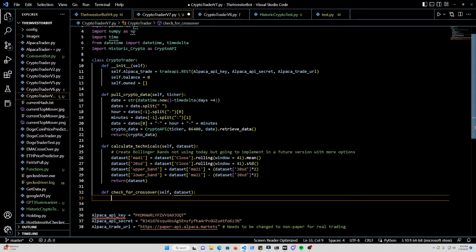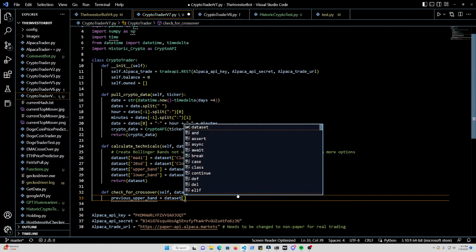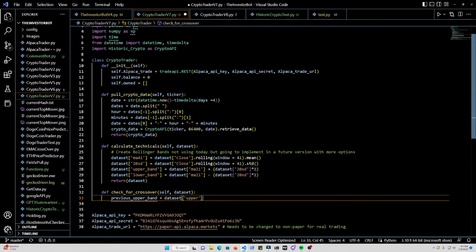So to do that, we're going to go ahead and get our previous upper band. We'll set that equal to our data set indexed at upper band of -2. So what we're saying there is, when it comes to Python indexing, you